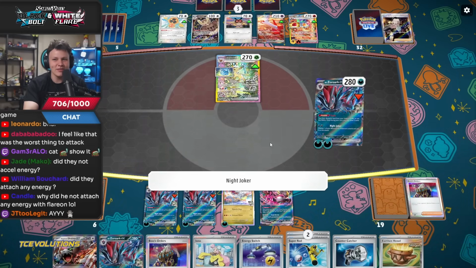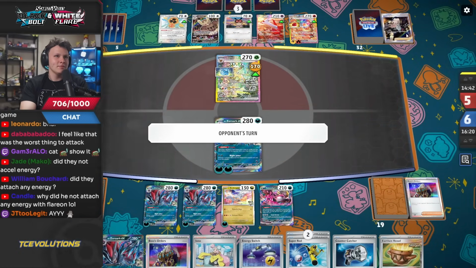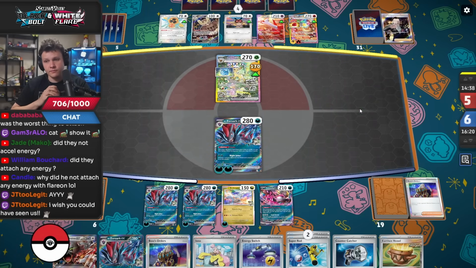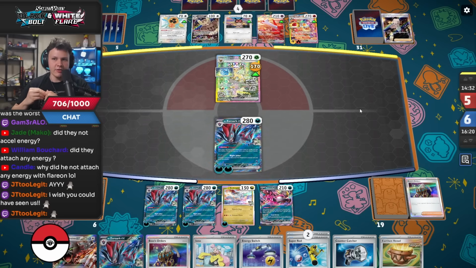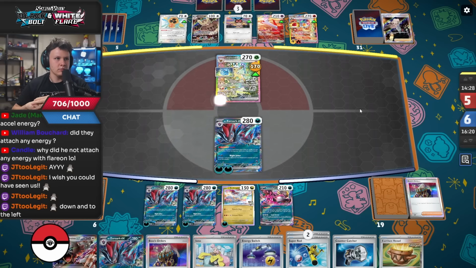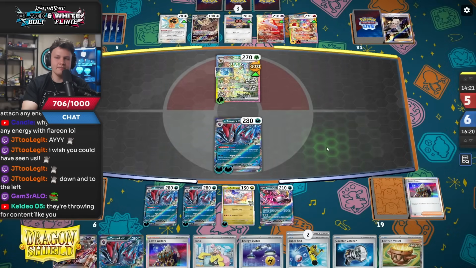Yeah, what the heck? What is going on? Maybe they messed up like I did. I just misclicked or something. I guess I know they don't have a second Noctowl in their hand, though. This actually seems like a decent turn, to be honest. We'll see what they... Oh, wait, they KO me with the first attack, though. Oh. I mean, there's nothing I could have done about that, but...